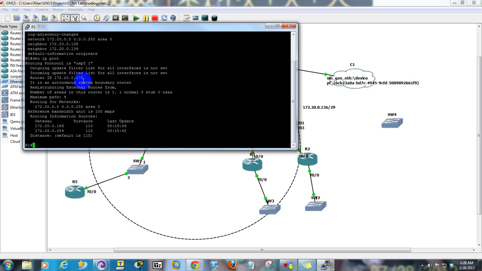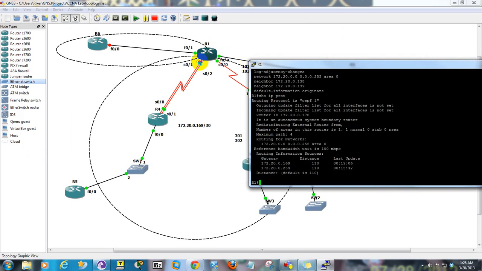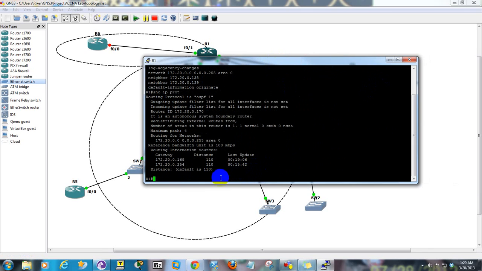Because it connects to an outside network other than OSPF, ASBR, and the router ID is 172.20.0.70, which is the IP address of this guy because he is the highest configured IP address at the time. So if you do a show IP OSPF interfaces,